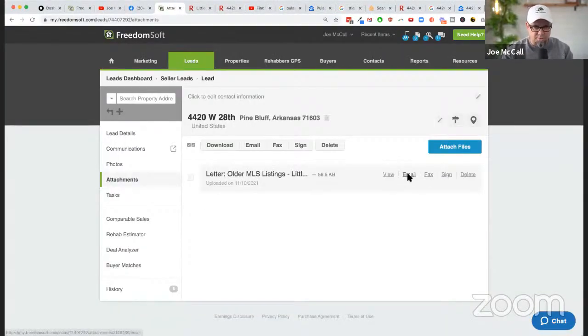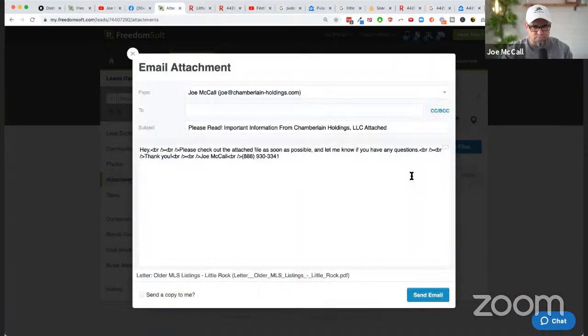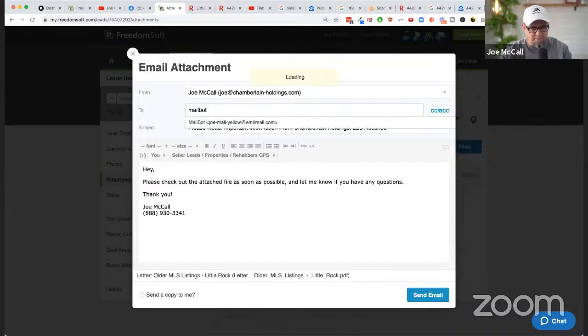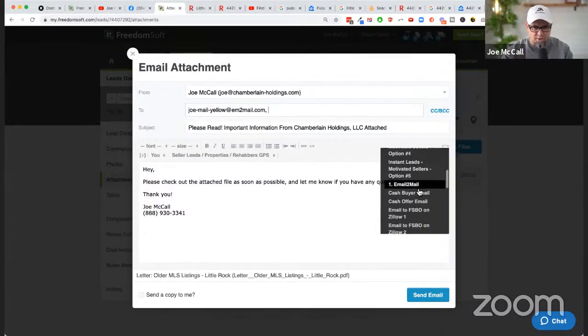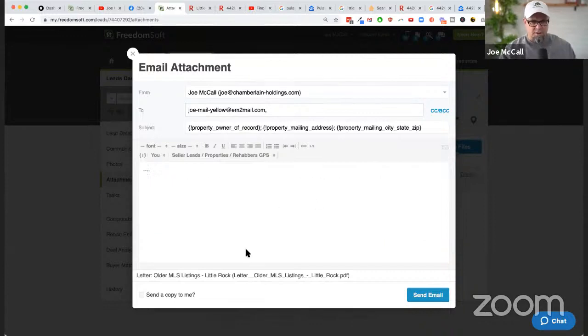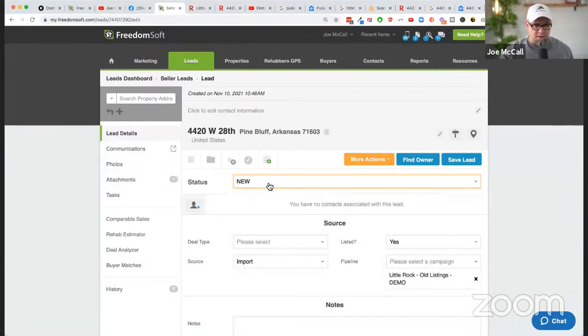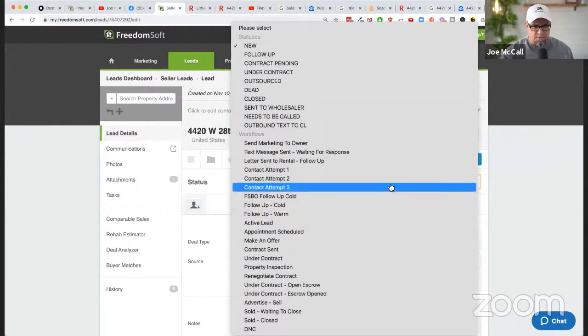Okay. I'm going to click email. And I have an email in here called Mailbot, and I have an email template called Email to Mail. Boom. And then I'm going to click send a copy to me. And just like that, I sent the email to Click2Mail. Click2Mail today is going to print that letter and send it first class to the seller, either today or first thing in the morning. And just like that. So then I can go here to lead details, and I can change the status to